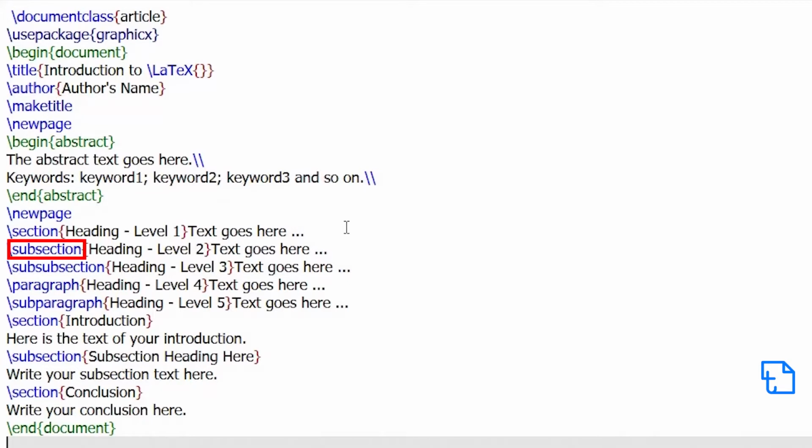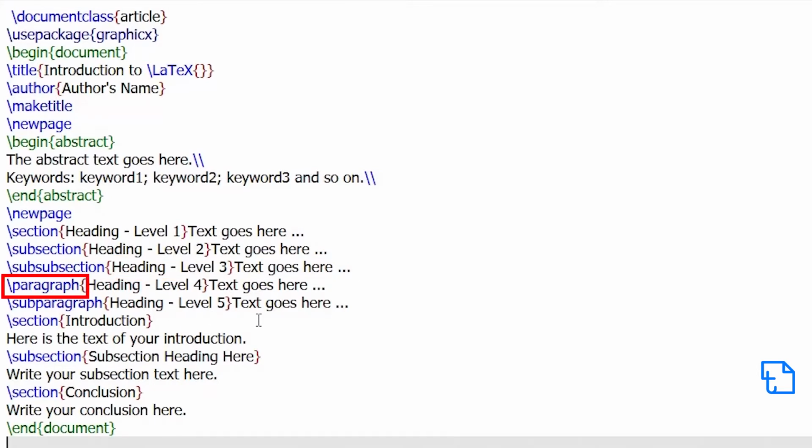Subsection command. It creates a new subsection for the previous section. A second level heading for it must be entered in the curly brackets. The text required for this section can be entered as shown here. Subsubsection command. This one creates a subsection for the previously entered subsection. If a third level heading is required, it should be enclosed in the curly brackets and the text can follow afterward without the braces.